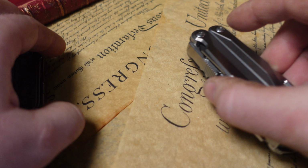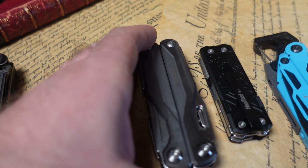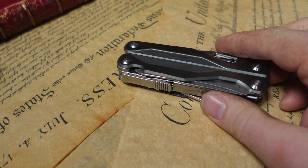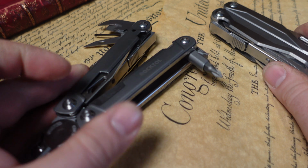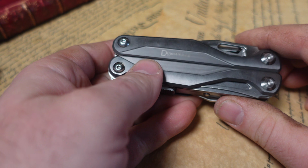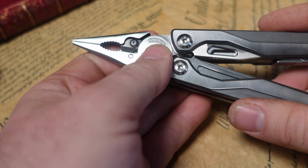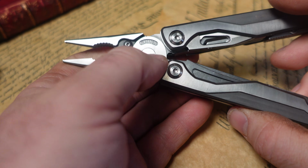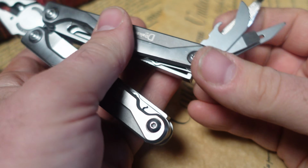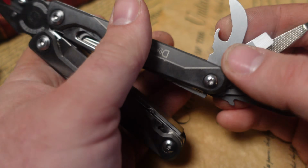Now, that's not all. I want to do 3 honorable mentions to several other tools that have burst onto the scene in 2024. While the Day Camping DL7 did not make it to my top 5 because I feel like the Rock Tool Gen R is actually a better option with that better blade, I really do like the SQT, the Day Camping designs. You have this really fantastic, again, Leatherman Arc style plier head, replaceable cutters, crimpers at the bottom, 1/4-inch bit driver, really great tool set inside, file, diamond file, all micro bit driver, large screwdriver, can opener,